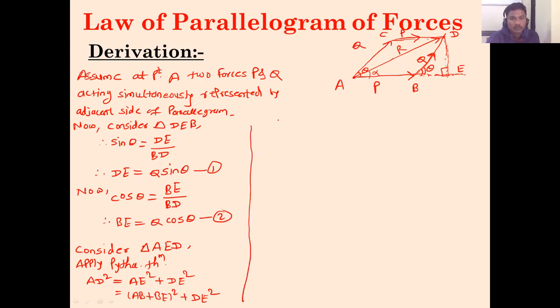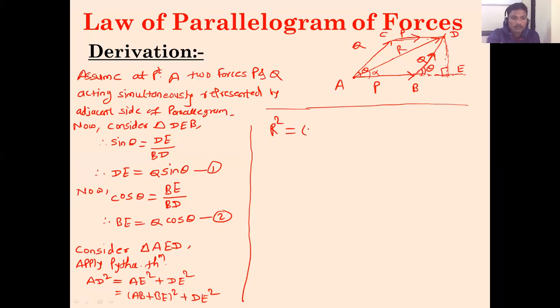Just wait. Now we will go here. So what is the value of AD? Similarly here. What is the value of AD? AD represents the resultant, R. So for your information, you should not get confused: AD represents R. So R square is equal to